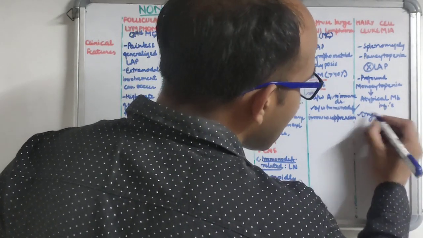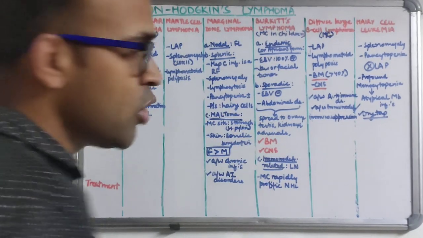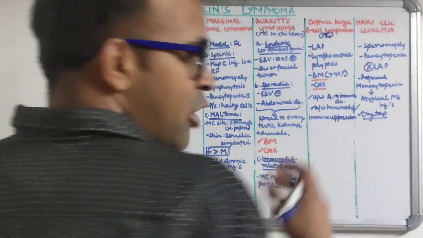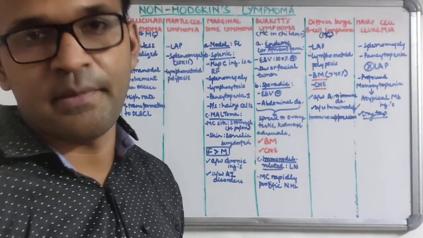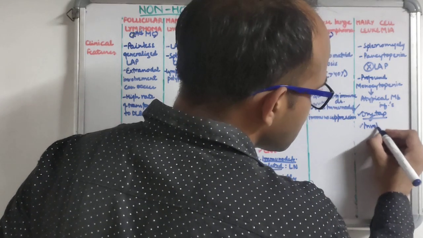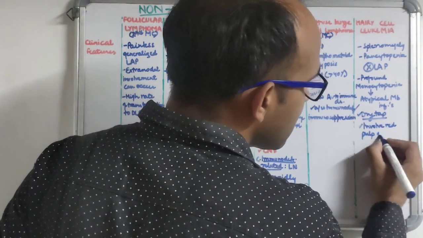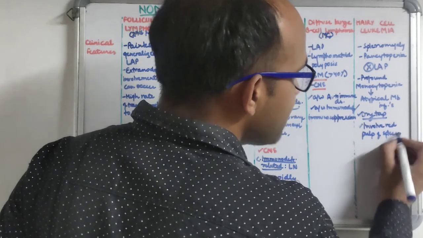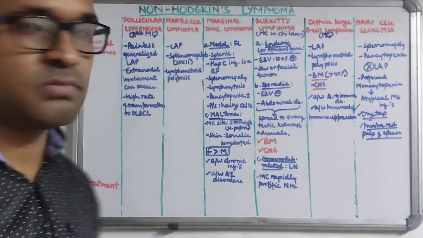Now, if you do the bone marrow, there is usually a dry tap. Now, why does this dry tap occur? This dry tap occurs because of deposition of reticulin fibers in bone marrow. So there is dry tap, and also I've told you bone marrow has a honeycomb appearance and leukemic cells have a fried egg appearance. So these are a few things which are important, and it involves the red pulp of the spleen. Most of the lymphomas involve the white pulp of the spleen, but this involves the red pulp of the spleen. Okay, so this is about the clinical features.